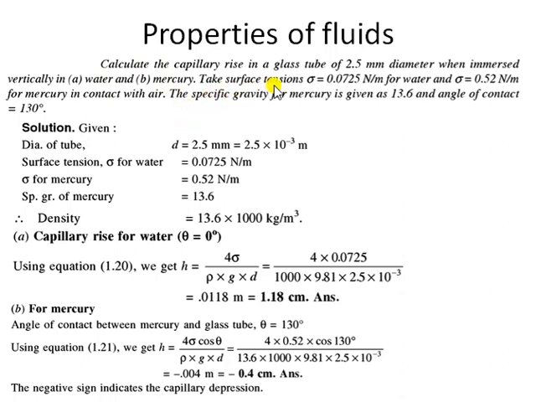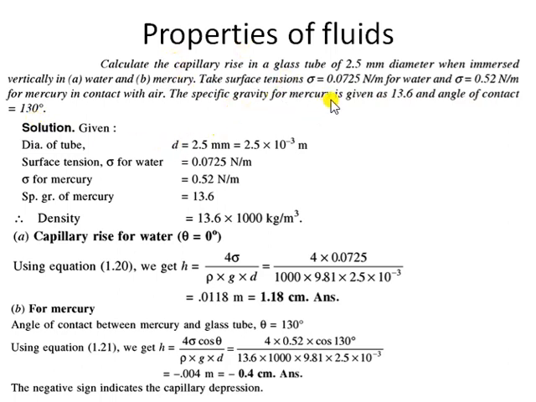Now surface tension is given to us in this case: surface tension for water is given, and surface tension for mercury is given. And specific gravity of mercury is given. Why is the specific gravity of mercury given? Because in the expression we need to calculate density also, and density can be easily calculated with specific gravity. We have seen in the last class the relation between specific gravity and density. And the angle of contact theta for mercury is also given, 130 degrees. I have told you in the previous slide, you need to remember it. So it is 130 degrees.